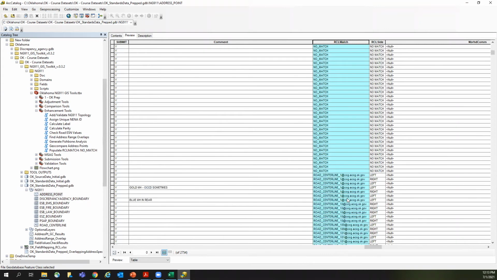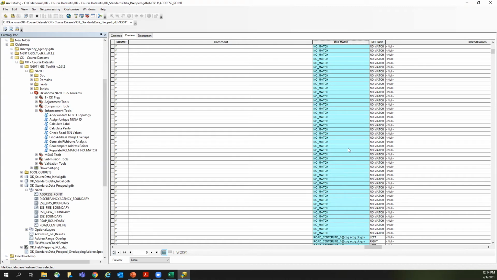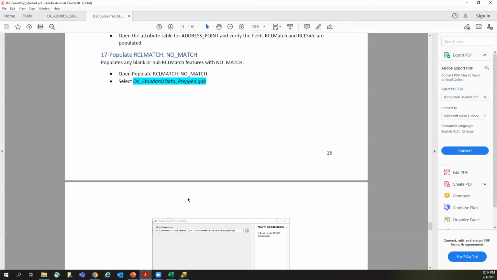Yeah, so even though it crashed, it still populated. So basically what it did was everything that was blank here, it populated to no match. And that is something that we need to bring to the developer's attention, or maybe it's already been addressed with the most recent release of 4.0, I think. But just be advised that if that tool crashes on you, just take a look at the attribute table anyway, because maybe it did run. But that is the point of populate RCL match, no match,